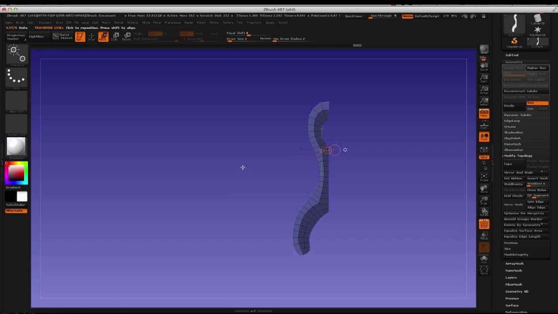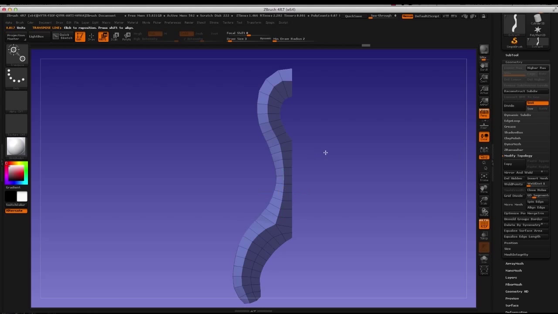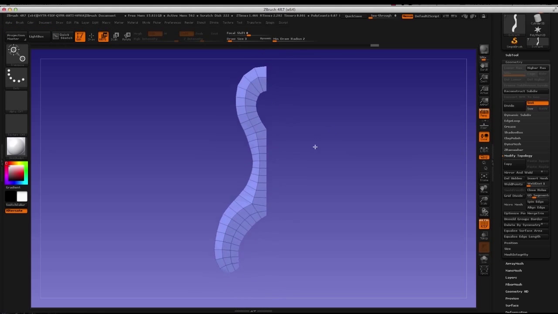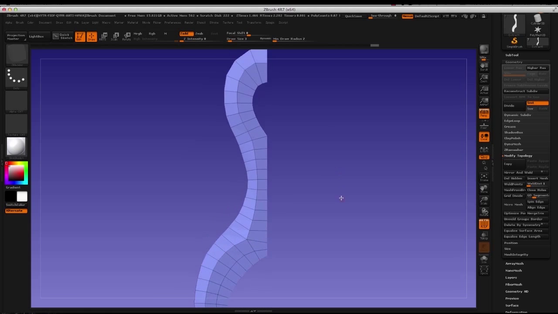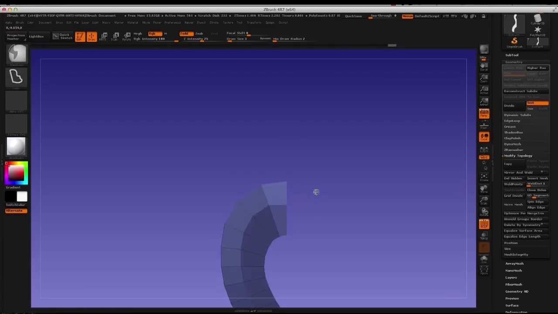Then I'm just going to use my transpose line to pull things back. Because what I'm trying to do is establish a shape, right? So I'm going to keep this pretty simple, right? And this technique, I actually have to